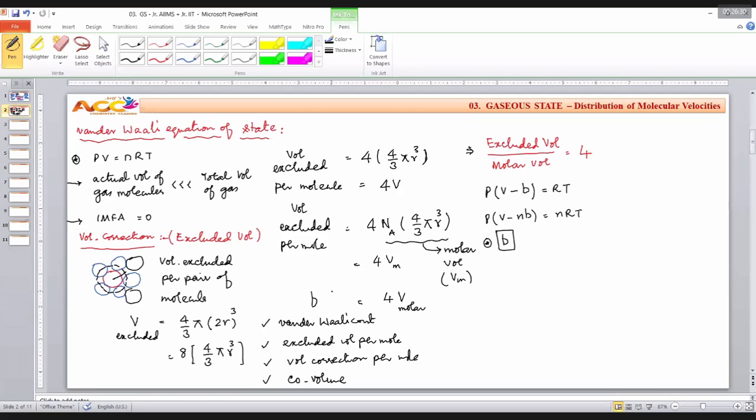ये सब ख्वाब की बातें हैं. Reality क्या है? Reality is, as long as roll number 1 is available on chair number 1, that chair is not available for 4 students. Therefore, the significance of B is that it accounts for the actual size of the molecule. If B value is more, एक खाते पीते घर का लड़का आ गया, मुझको अलग से चेयर चाहिए. If the molecular size is more, the B value increases. Therefore, B accounts